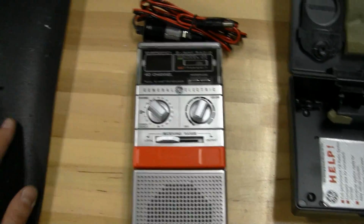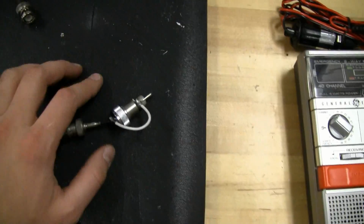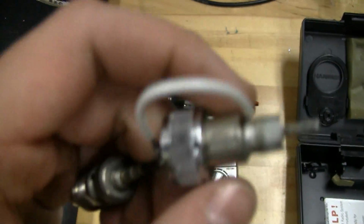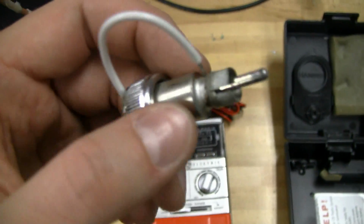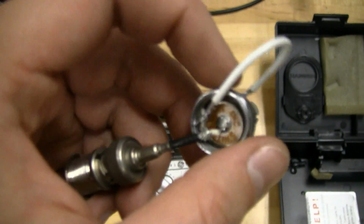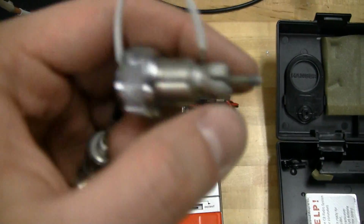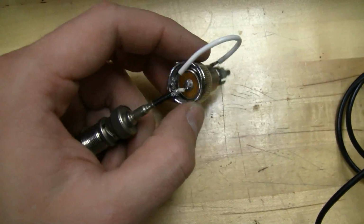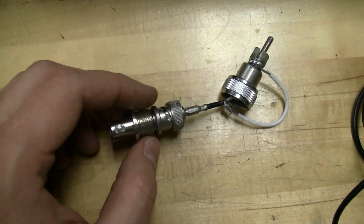And with this RCA connector, obviously it's not standard for antennas or RF, so I had to cobble together this connector. I've got this, looks like some connector somebody made at some point here, and so I took that piece there. I don't know what this end on the other end is. Obviously RCA male, and then I don't know what this connector is on this side, but I just connected a